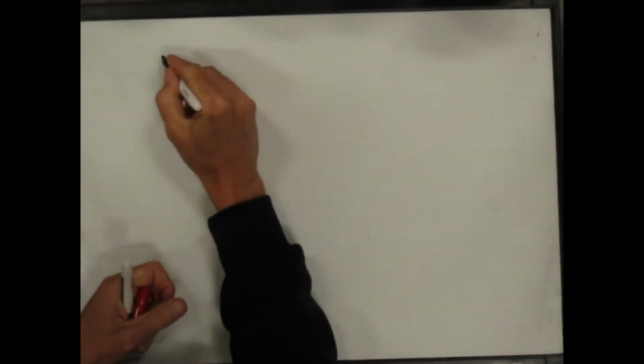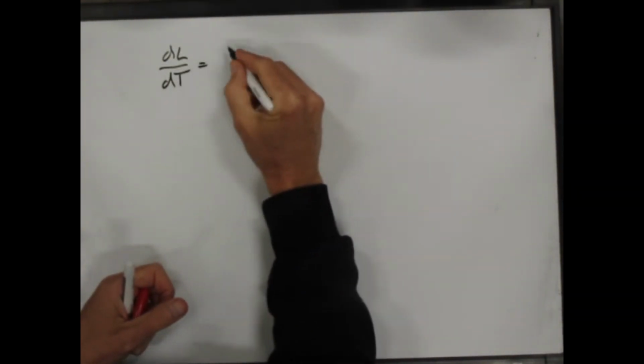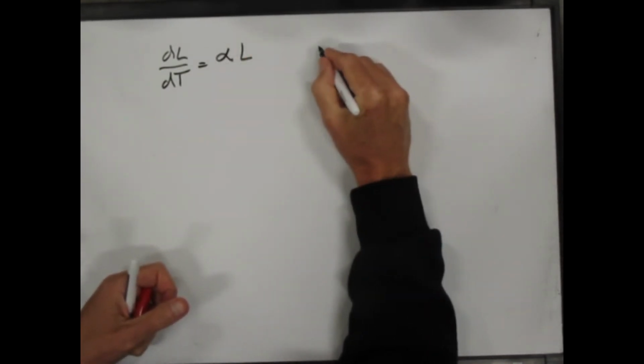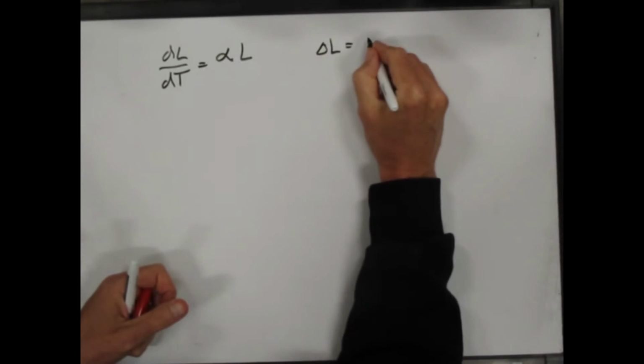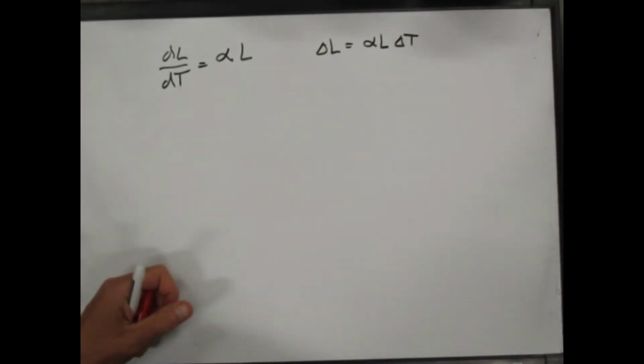So we said dL/dT equals alpha times the length, or we rewrote this as delta L equals alpha L delta T, however you want to say it. And so